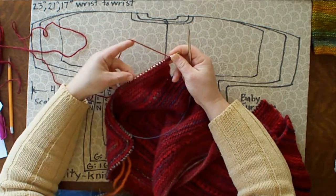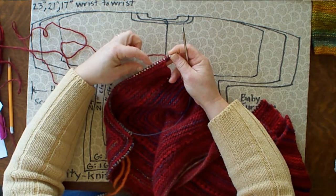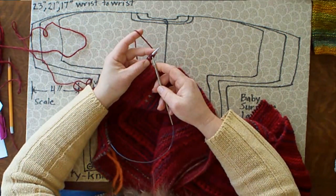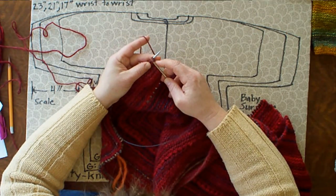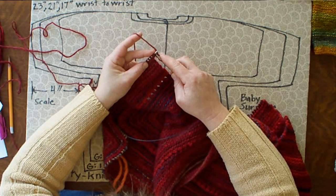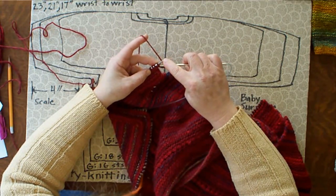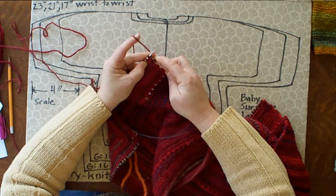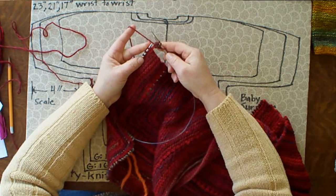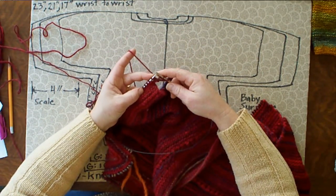So here we go now. We're going to bind off and at the same time put a nice edge on it, and at the same time give us holes for our buttons. We knit 1, and again this is a 3-stitch. Knit 2, knit 2 stitches together through the back loops. That will give us 3 stitches on the right needle. Stop and shift them back to the left needle